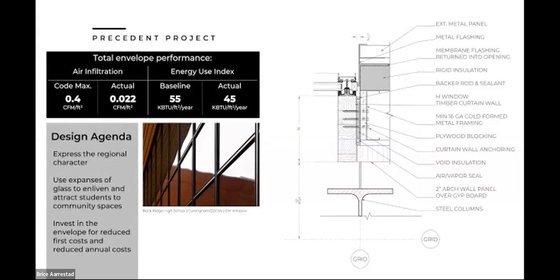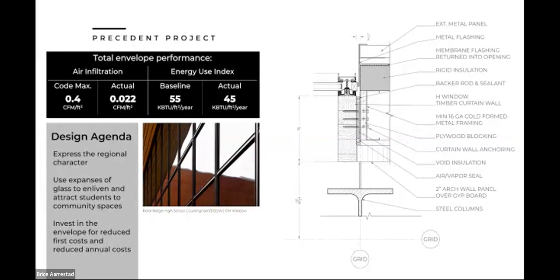In this part of the country, the code required air infiltration is 0.4 cubic feet per minute squared. And what they were able to achieve through careful coordination with suppliers, through careful coordination with contractors, is a very tight air barrier. And because of that, their mechanical system was able to be reduced because their HVAC loads were